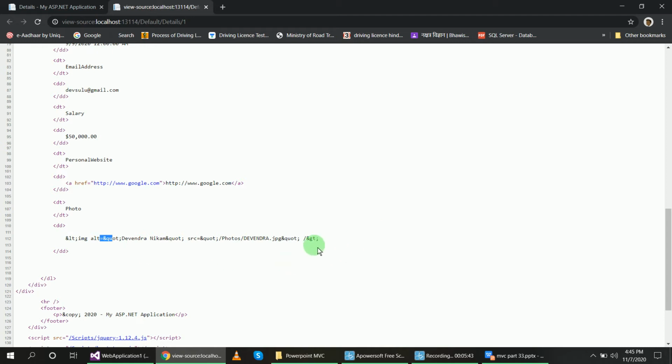So this is how the HTML encoded string looks.